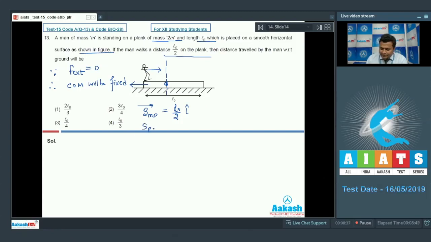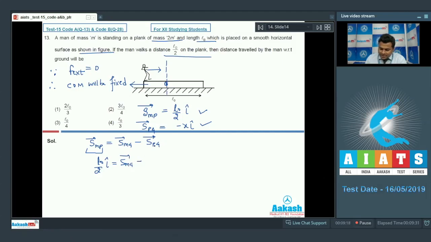Displacement of plank with respect to ground, we have taken x. Now the plank is moving left, so minus x i cap. Now we can write from here the displacement of man with respect to plank will be what? The displacement of man with respect to ground minus displacement of plank with respect to ground. Putting the values, we will see S_MP = L0 by 2 i cap equals S_MG